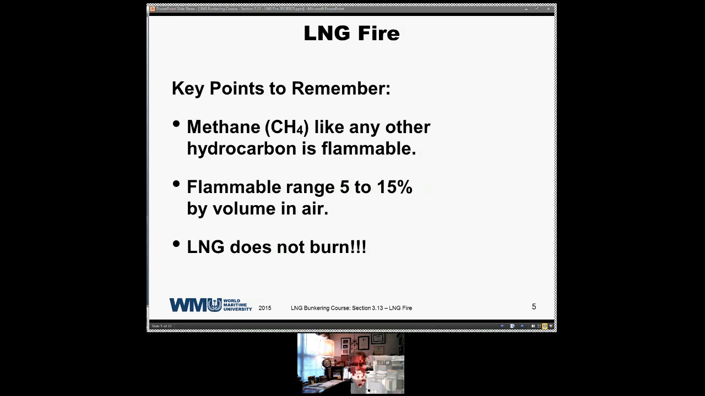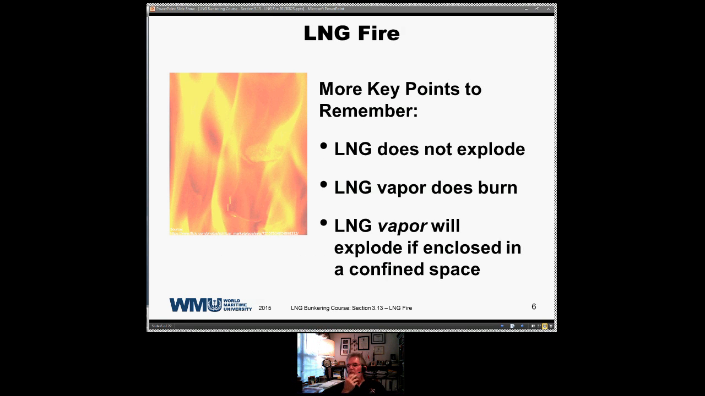It's like gasoline. Gasoline does not burn. It's the vapors that burn, and it's the vapors within that 5 to 15% volume in air that are going to burn. Anything outside of that area that's too rich, above 15% by volume, cannot burn, and anything below that 5% is too lean, it cannot burn. It's only within that range. LNG does not explode,